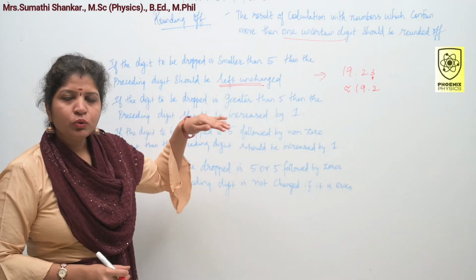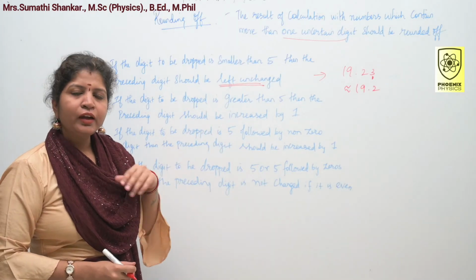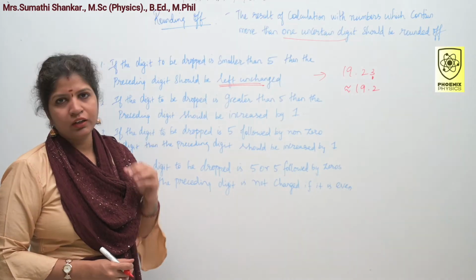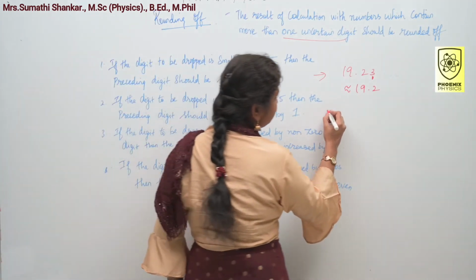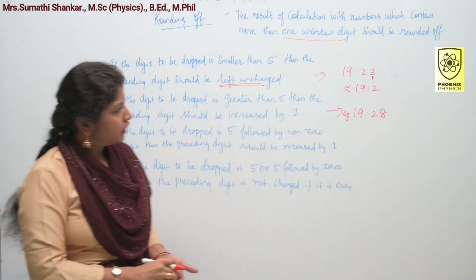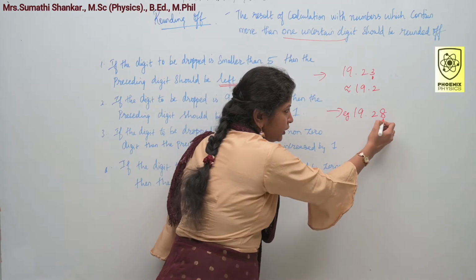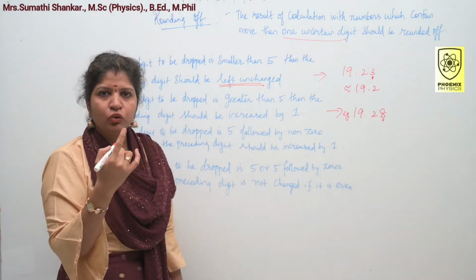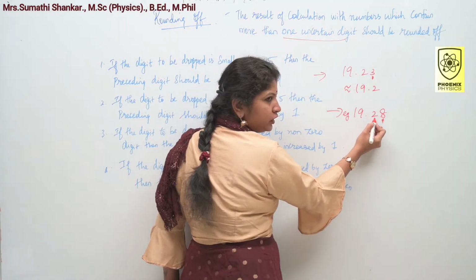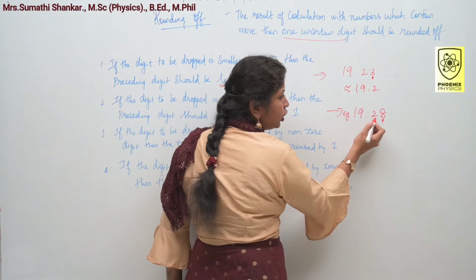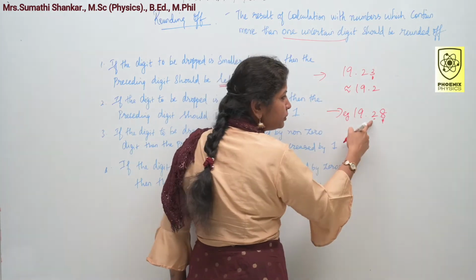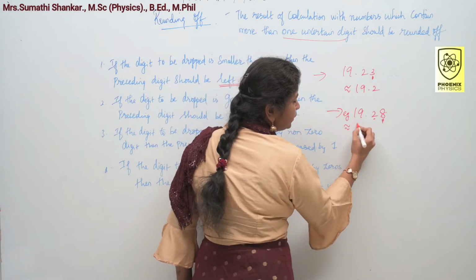If the digit to be dropped is greater than 5, the preceding digit should be increased by 1. For example, say 19.28. Here the digit to be dropped is greater than 5. You know that 8 is greater than 5. Then the preceding digit, this 2 is my preceding digit, should be increased by 1. You have to add 1 to the preceding digit. So you can write it as